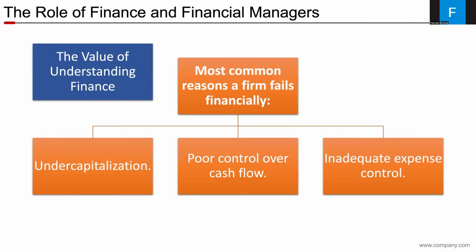So, three of the most common reasons a firm fails financially, and this is important for your studying purposes. Number one is undercapitalization. This means not having enough money at the beginning for startup costs or the initial implementation of operations. Companies often ask for a certain amount of cash. They underestimate exactly how much their startup requires to function, and they could die at the get-go or not last very long because of capitalization issues.